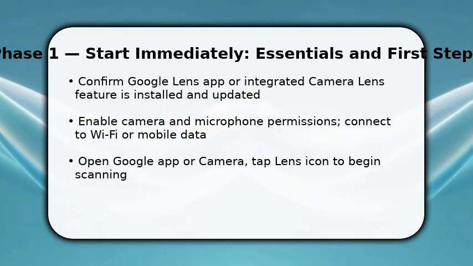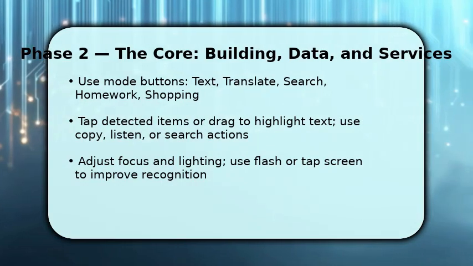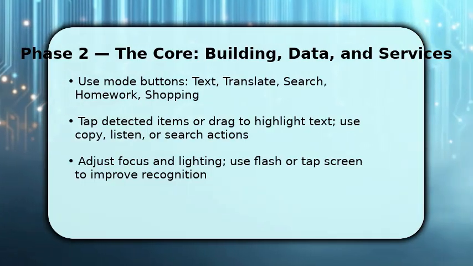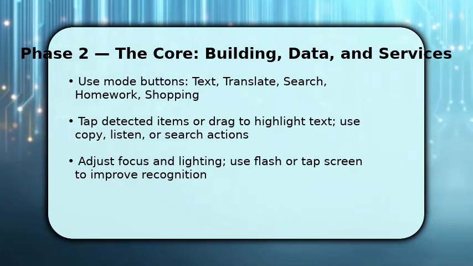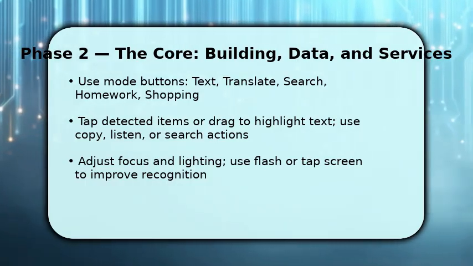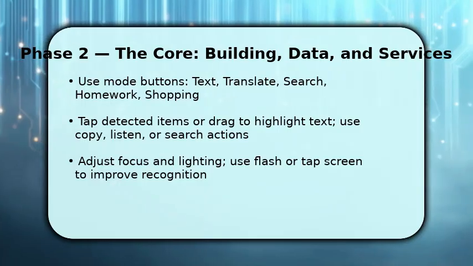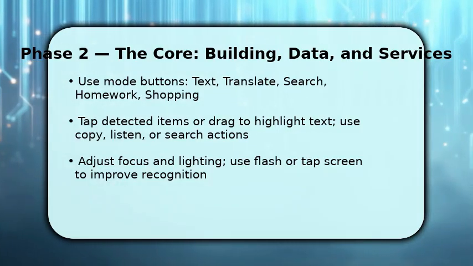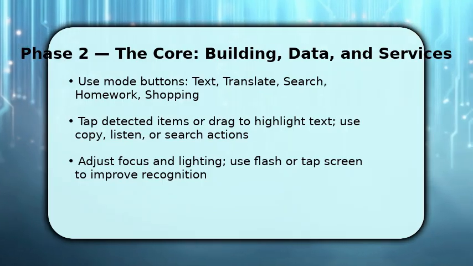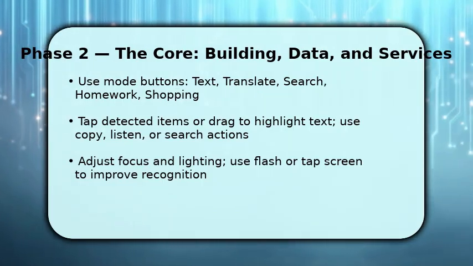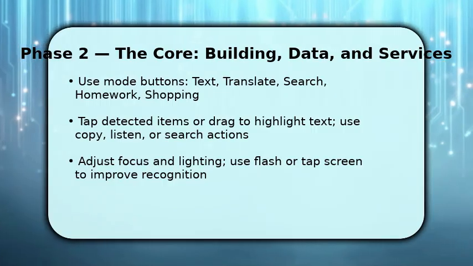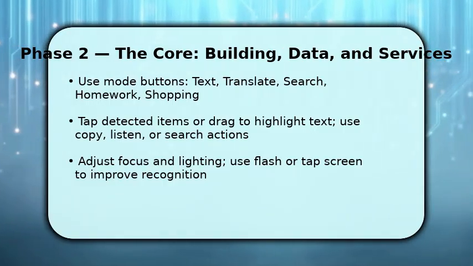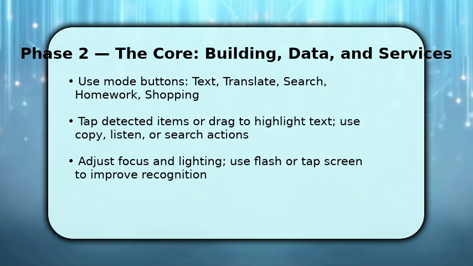Now you'll refine what Lens looks for. Choose text, translate, shopping, or another mode at the bottom because each mode runs a different analysis. Point and wait for outlines or dots to appear, then tap a detected item to reveal actions like copy text, listen, search web, or compare prices. For long documents, drag to select paragraphs. For objects, tap suggestions to open product pages. Make sure to tap for higher resolution capture when needed, and adjust lighting or zoom to reduce recognition errors before